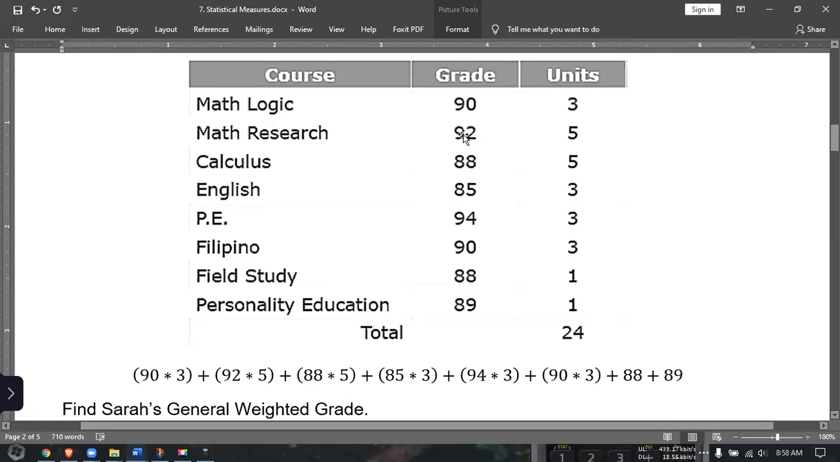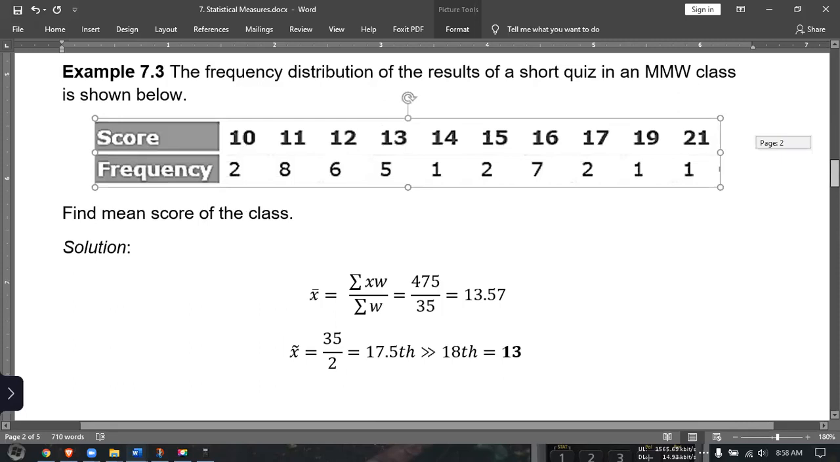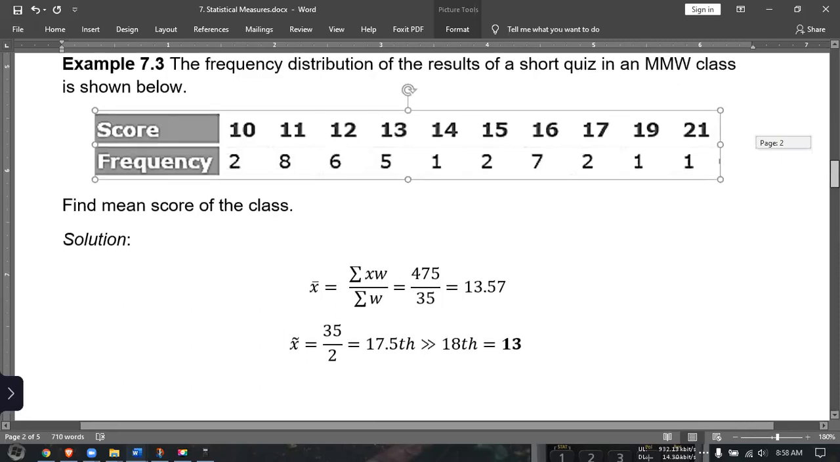Okay? Yes, sir. So that is our mean, median, and